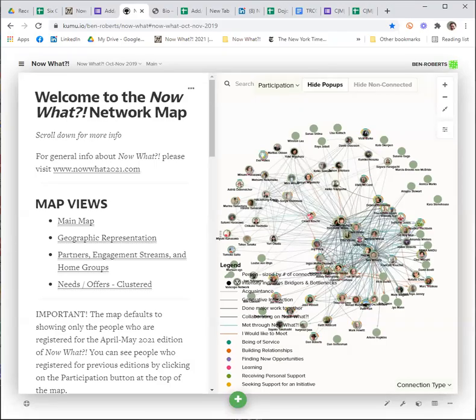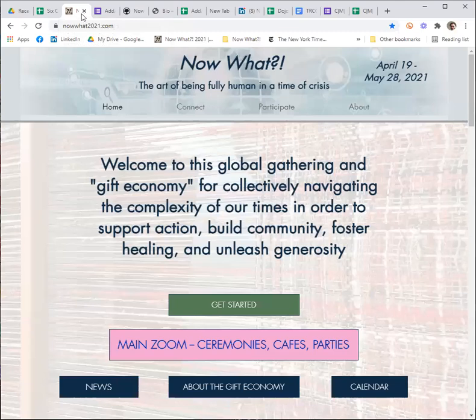Here's a video tutorial on how to add or update your information to the Now What network map, which we're looking at right now in a browser tab. So whether you're already on the map or you want to add yourself for the first time, it's the same basic process, which starts at the